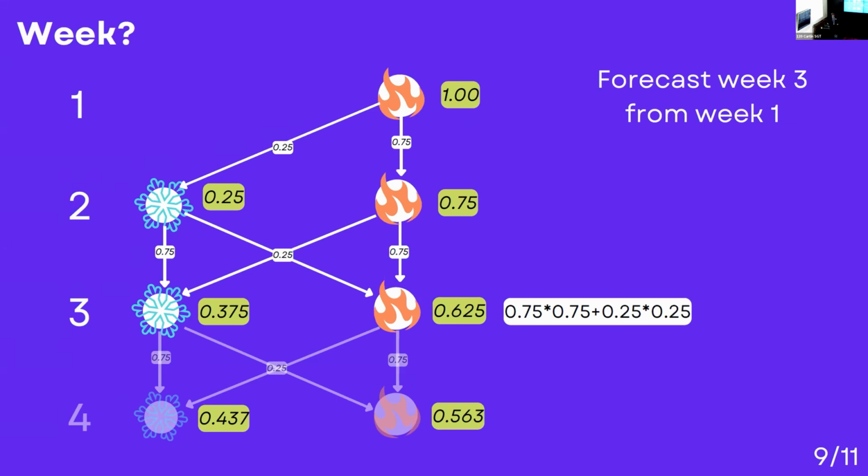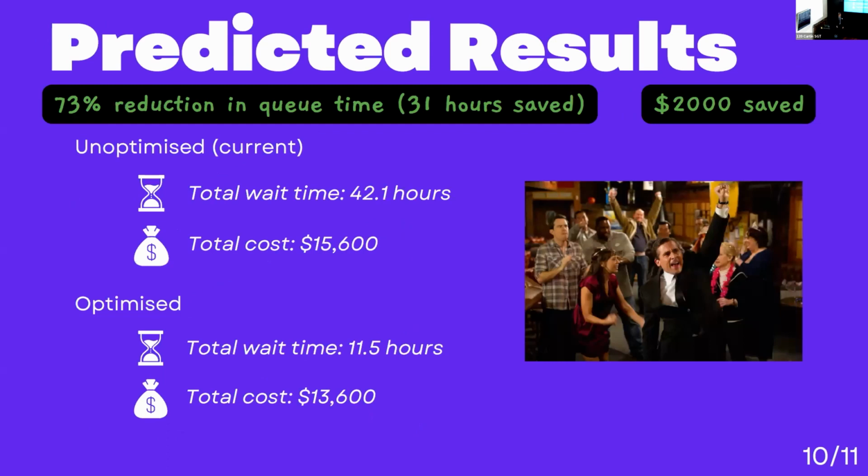And you can work that out if you apply some transition probabilities from high intensity week to high intensity week. I've said 75% chance, and then low intensity to low intensity, I've said that one's also 75% chance. You have some cross probability. Anyway, you can forecast what the probability is that in week 3, you'll have a high intensity week.